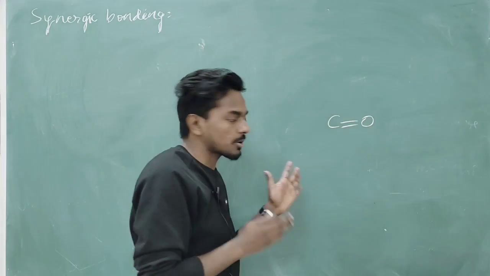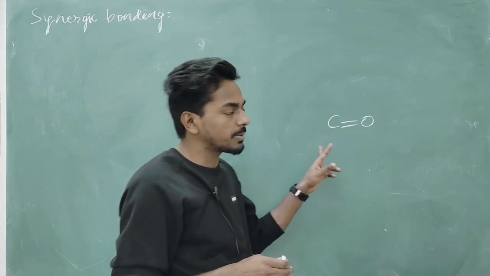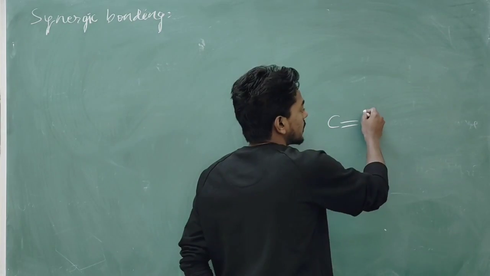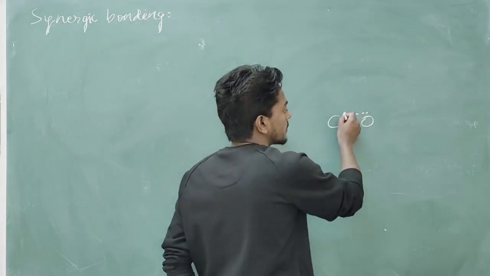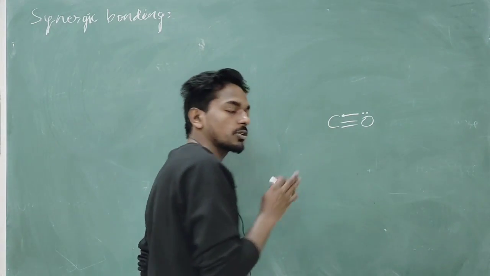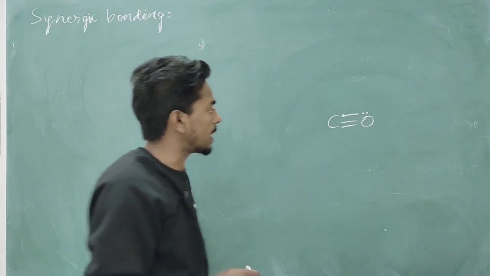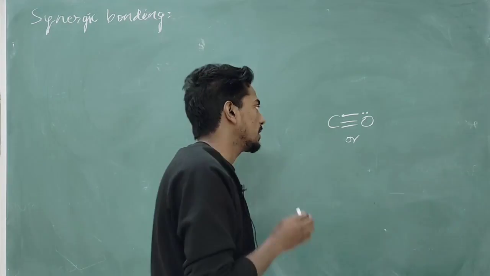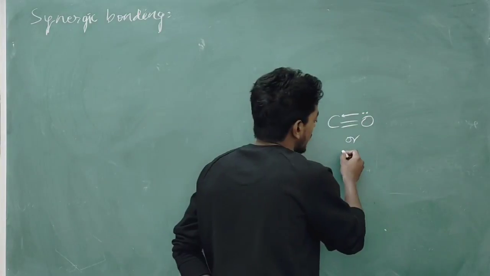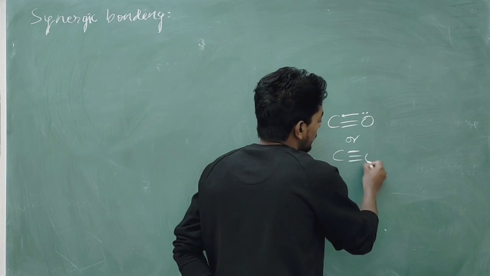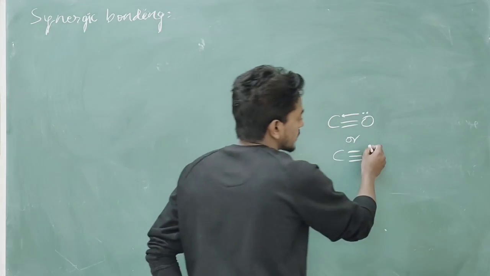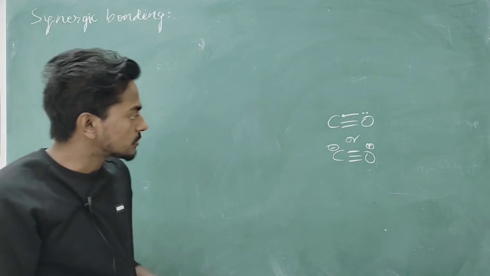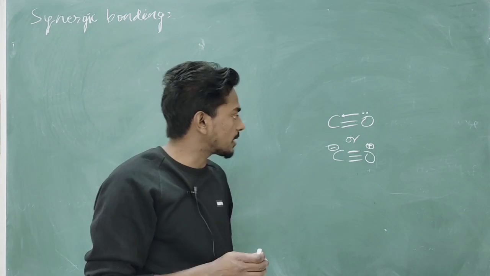The carbonyl ligand has two bonds between carbon and oxygen, and to complete the octet of both atoms, the lone pair of oxygen coordinates with the carbon so that the octet of both atoms is satisfied. Another structure of carbon monoxide, or the carbonyl ligand, can be shown with a triple bond between carbon and oxygen. Oxygen has a positive charge and carbon has a negative charge, so that the octet of both atoms is satisfied.